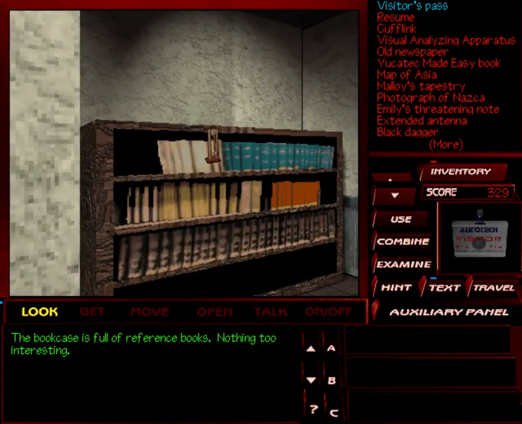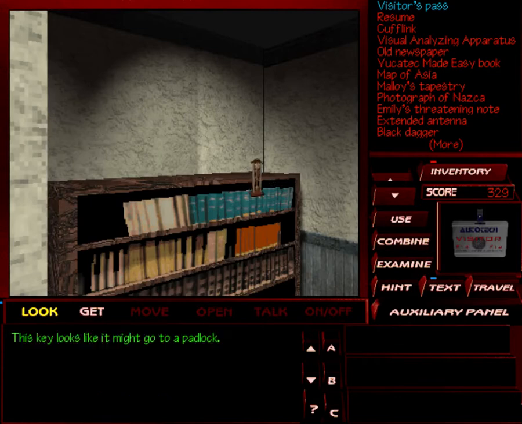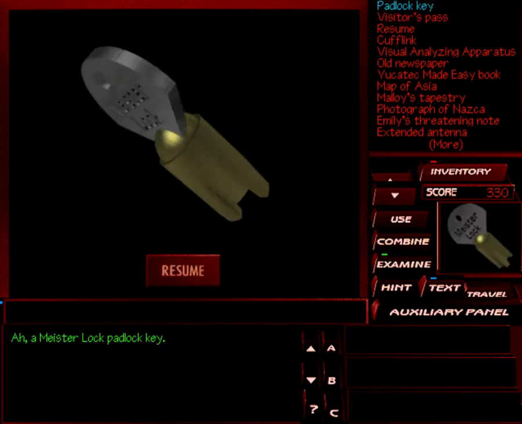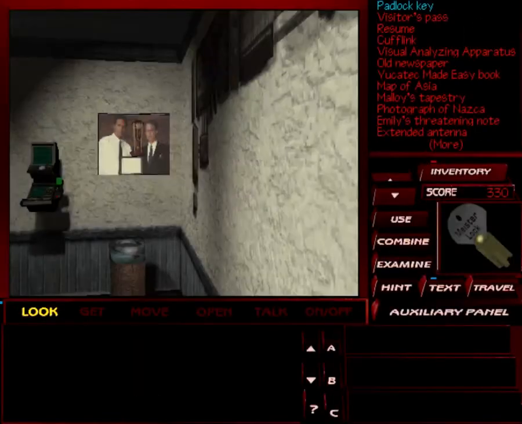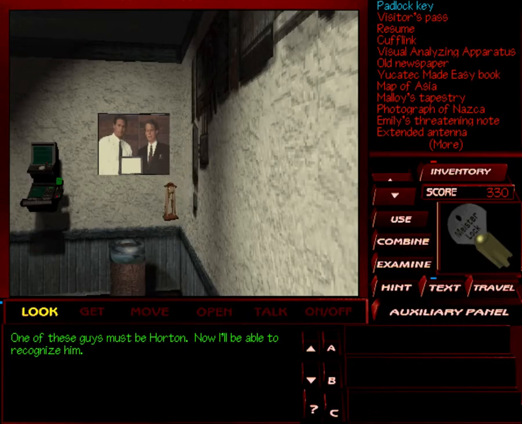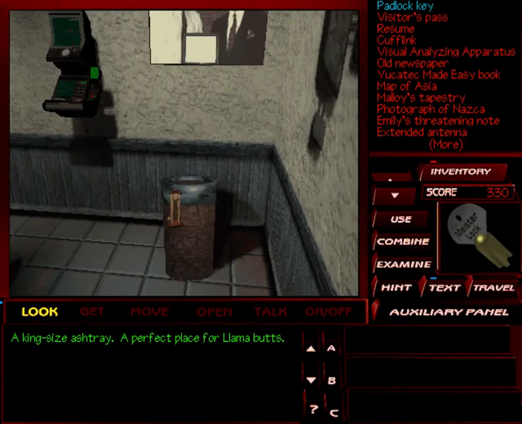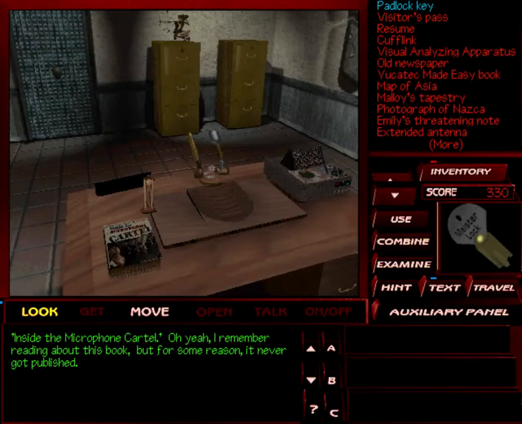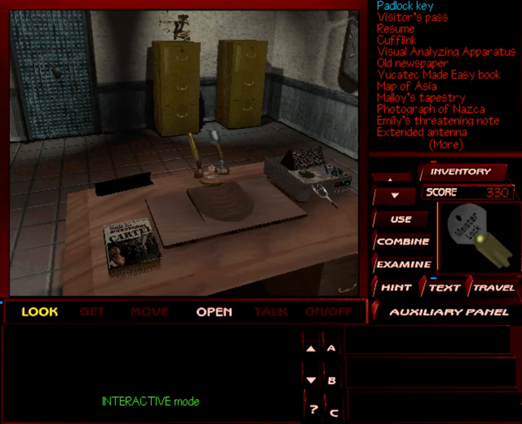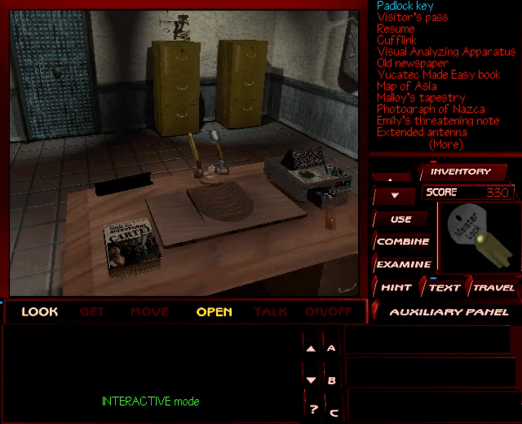The bookcase is full of reference books. Nothing too interesting. This key looks like a padlock key. Oh, a Meisterlock padlock key, just like what we found on the water tower. One of these guys must be Horton. Now I'll be able to recognize him. A king-size ashtray, a perfect place for llama butts. Inside the Microphone Cartel. Oh yeah, I remember reading about this book, but for some reason it never got published. A music CD player. I guess even cold-blooded killers enjoy a good tune now and again. Kind of a lame...